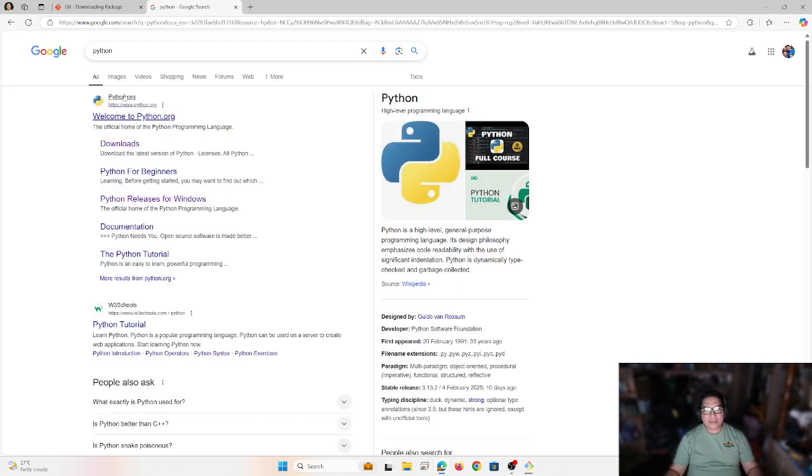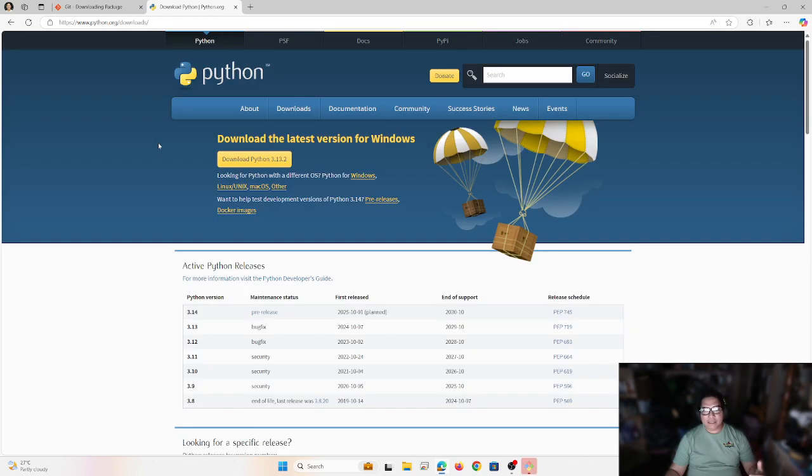While that one is installing, we also need to install Python. Python is a general purpose programming language, and at the same time it's a scripting language. Do take note that when installing Stable Diffusion, there is a specific Python version that you need to run. For Stable Diffusion, you need to run natively the 3.10 version.